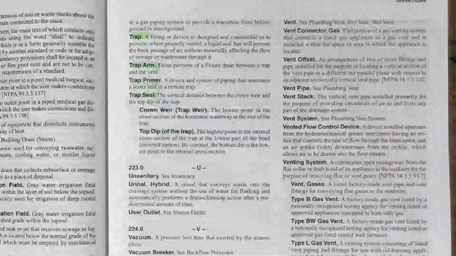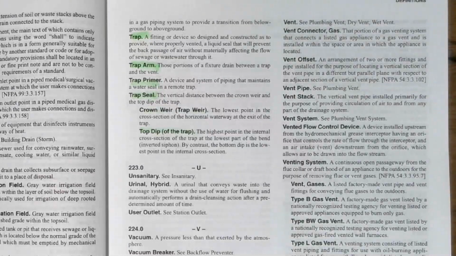The trap seal is the vertical distance between the crown weir and the top dip of the trap. And that's that 2 to 4 inches that I was just talking about. So your crown weir is the lowest point in the cross section of a horizontal waterway at the exit of the trap. So,